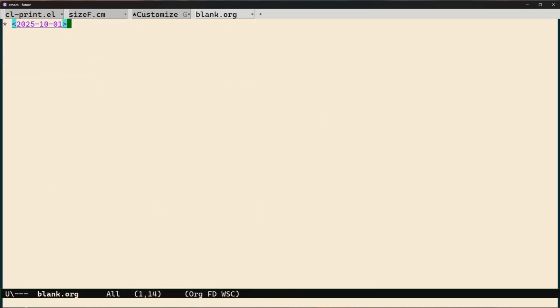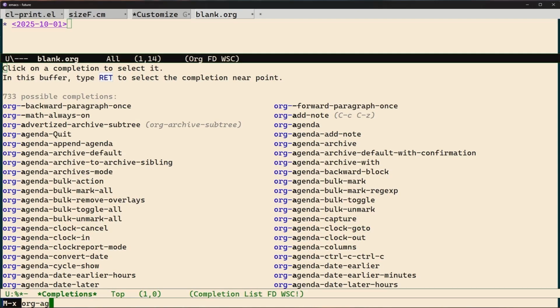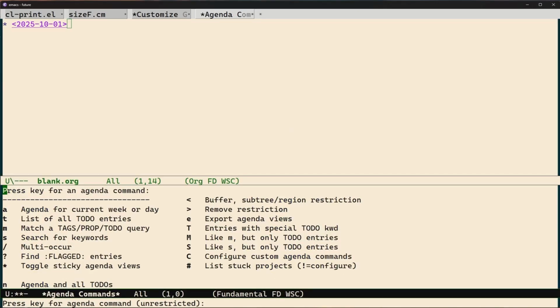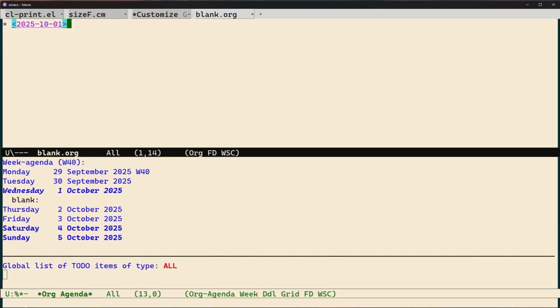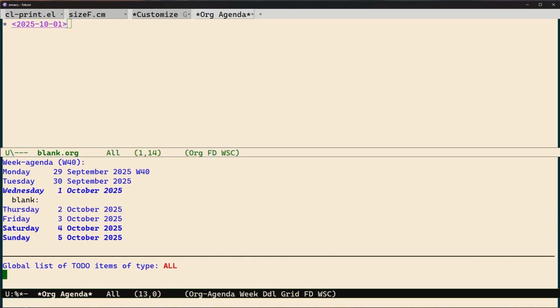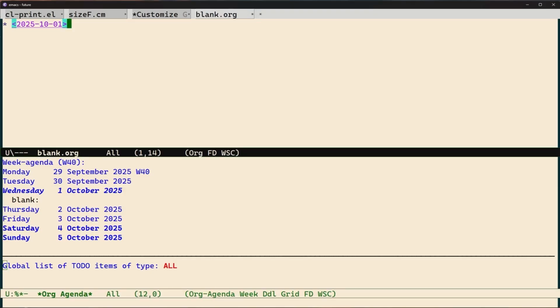And then what that means for us is when we run org agenda, let's do N for agenda and all to-dos. You can see that my agenda view on this bottom window has my blank entry, and all of my to-do list items, which are none right now. So that's kind of cool. We can do a little bit more